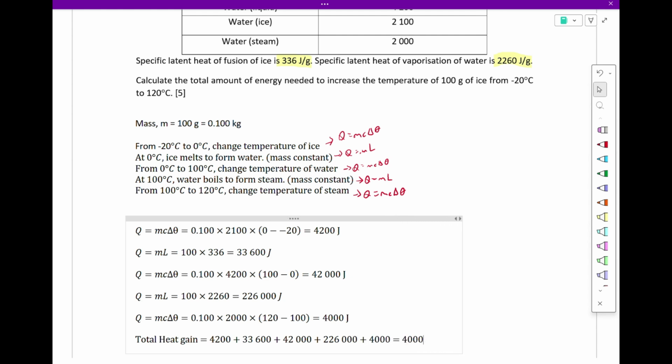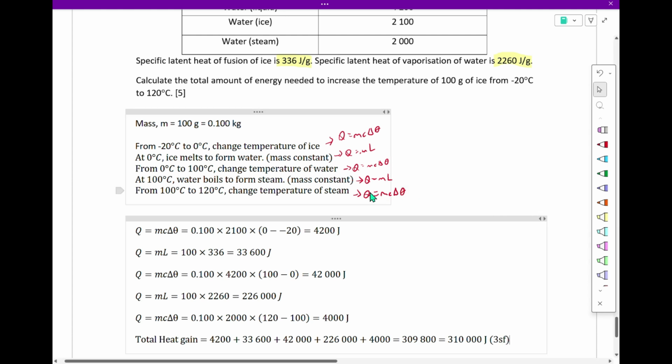This will give you 4200 plus 33600 plus 4200 plus 22600 plus 4000. You have 309,800, and we simplify this into 310,123 joules. Okay, so very long and complicated step, but basically you can see that it corresponds to each and